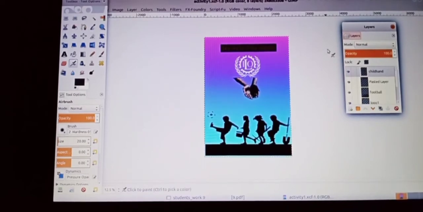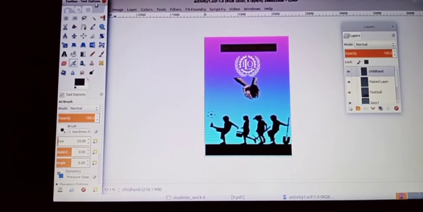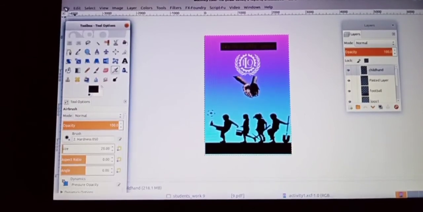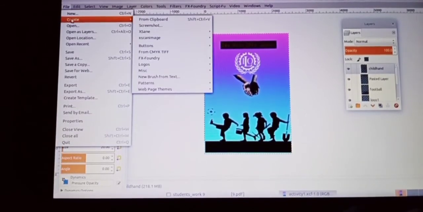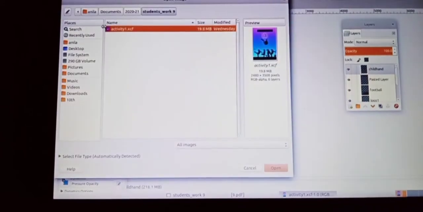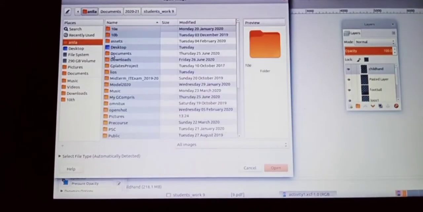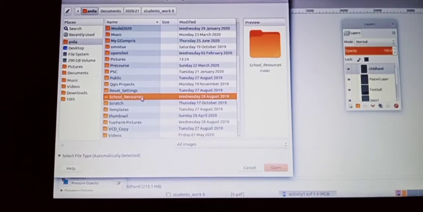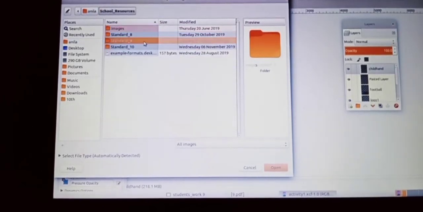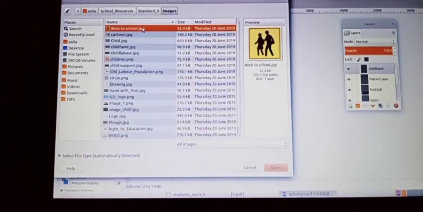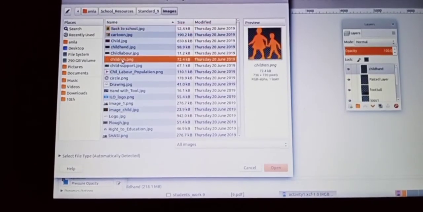Now we want to open a new image to our poster for flipping. For that, click on File, click on Open, then go to School Resources, Standard 9, Images. From here you can open any of the images.